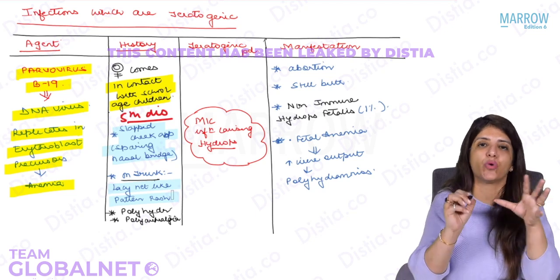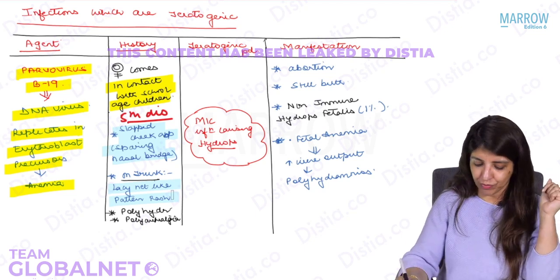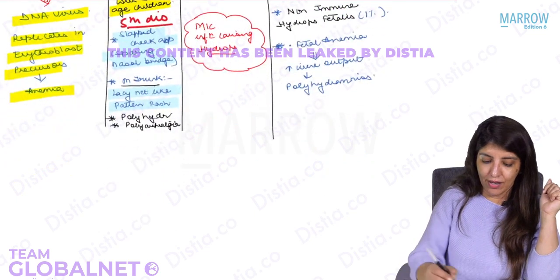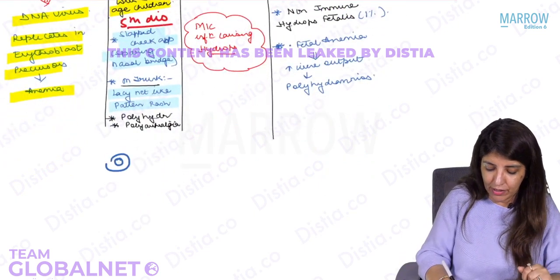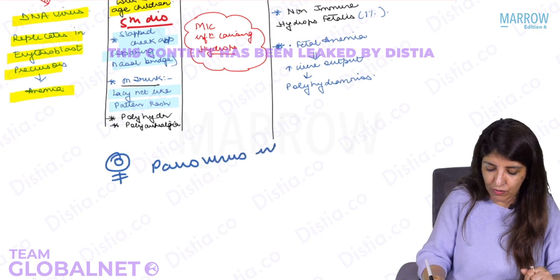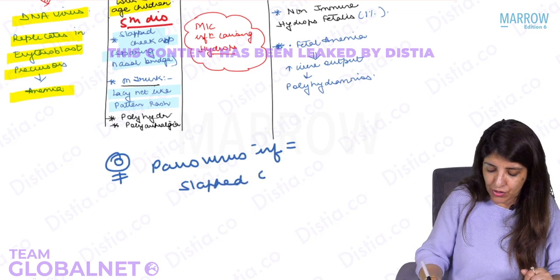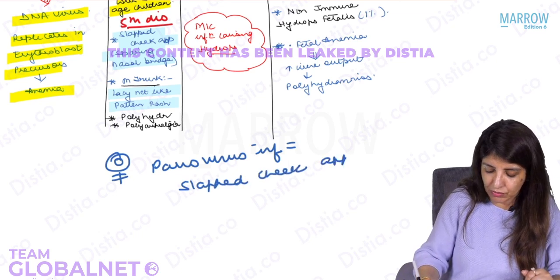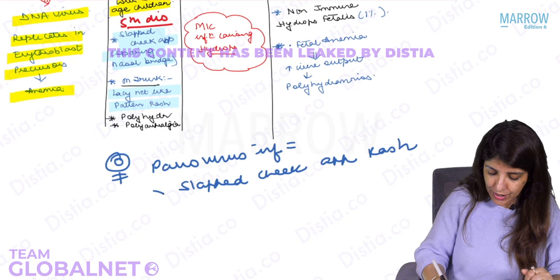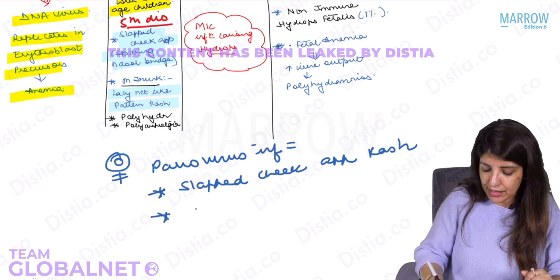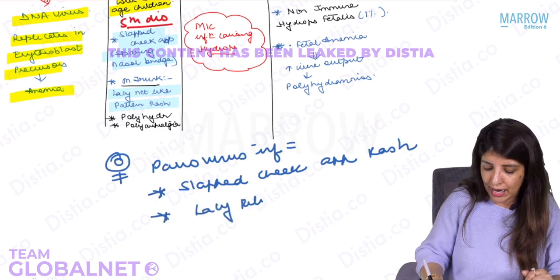Right? So in a pregnant female with parvovirus infection, again, you may get a slapped cheek appearance rash. You may get a lacy reticular rash